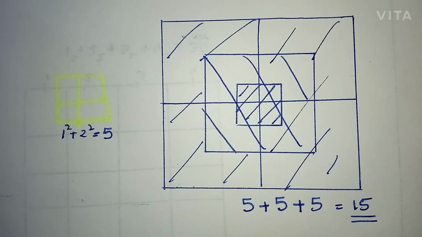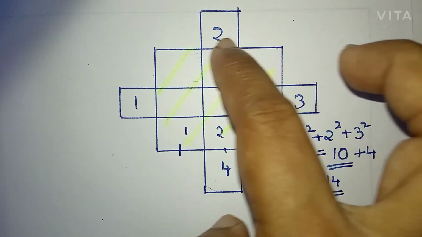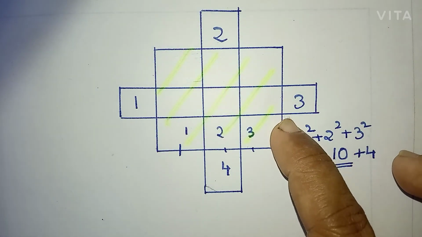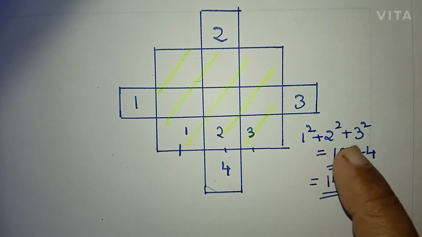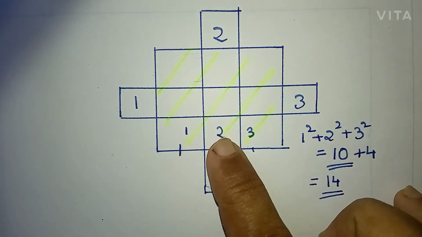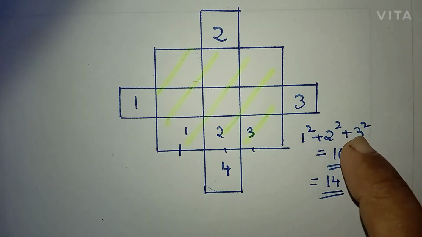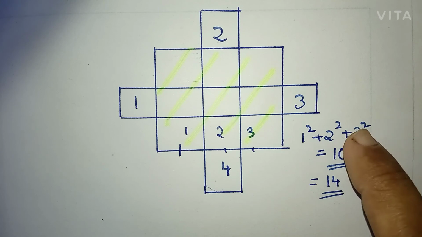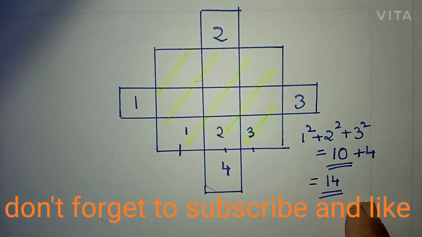In a similar way, if they ask you this kind of figure, see, I have done it for you. How did I do this? I have taken this one as a 3 cross 3 box, correct? When the rows and columns are equal, what did we do? We did it with this method, right? 1 squared plus 2 squared plus 3 squared. How much will it come? 4 plus 9 plus 1, that is, we get 14.